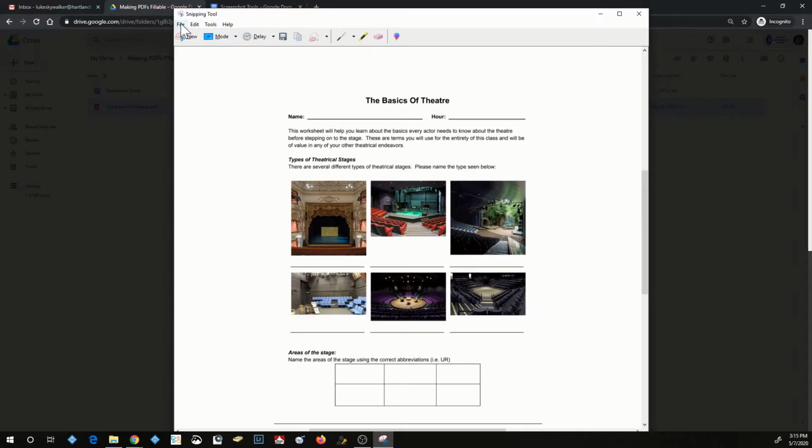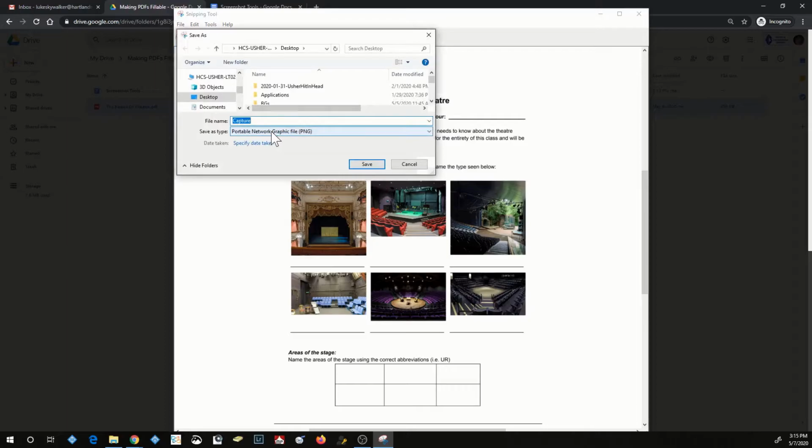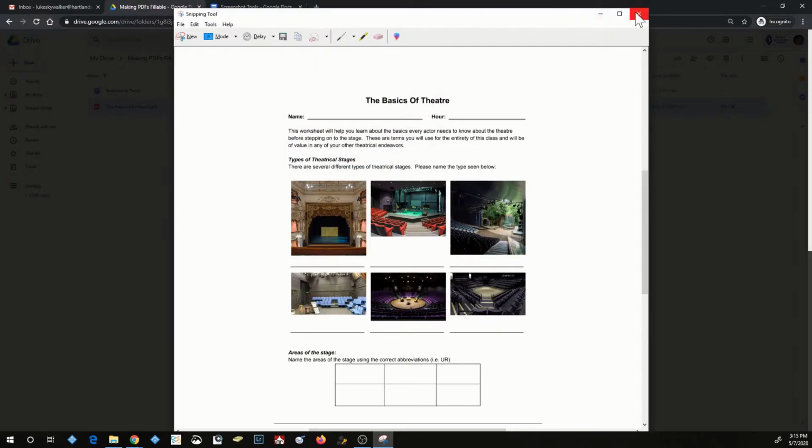So what I'm going to do is take that and say File, Save As, and I'm going to save this as a PNG file. Real easy to save it as a PNG file. And yes, you can save it as other graphic files as well, but a PNG file works perfectly. So I'm going to call this Theater Basics page 1, and then I'm going to